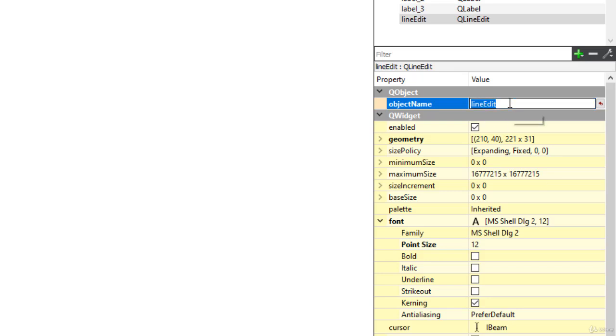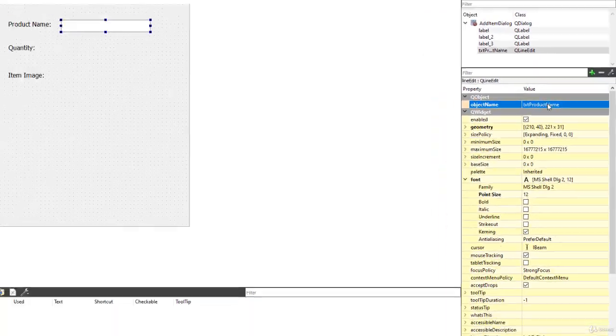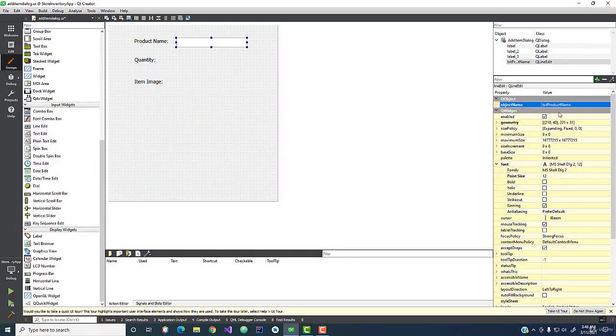So I'm going to click that. I'm going to call this one txt product name. Make sure it's size 12. Everything's good on that. The next thing I'm going to do is, across from the quantity, although